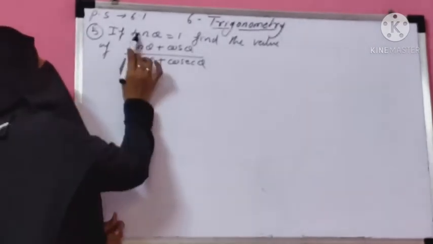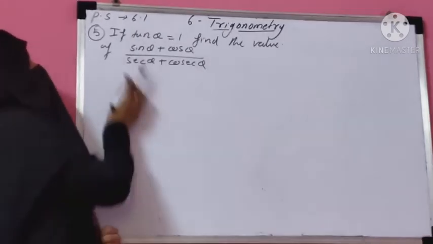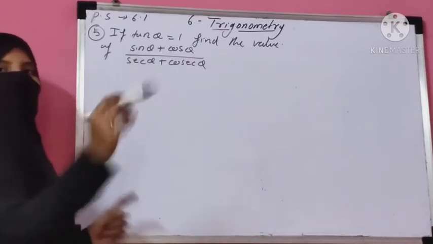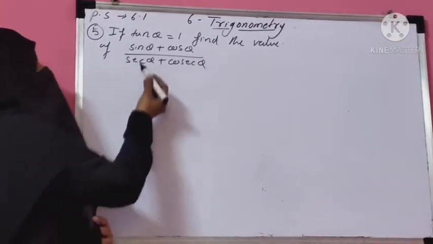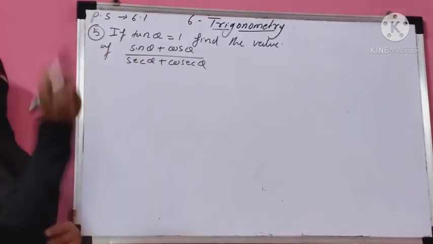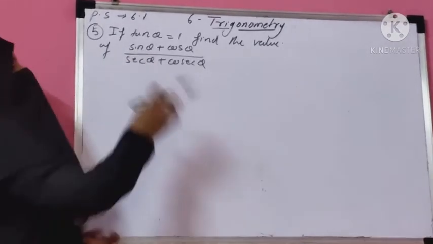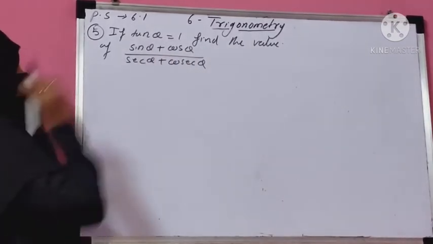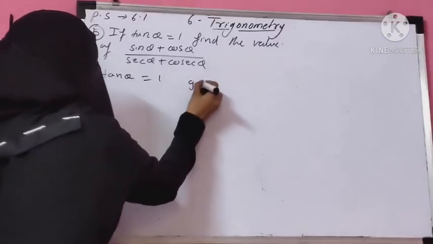But the question gives only tan, and by the formula of identities, tan is related with sec. So by using tan, you can find the sec. And then sec and cos are in inverse relation, then you can find the cos. Cos formula is related with sin, then you can find the sin. And sin and cosec are in inverse relation, so with the help of sin, you can find cosec. Okay. So let's start. Tan theta is equal to 1, it's given.